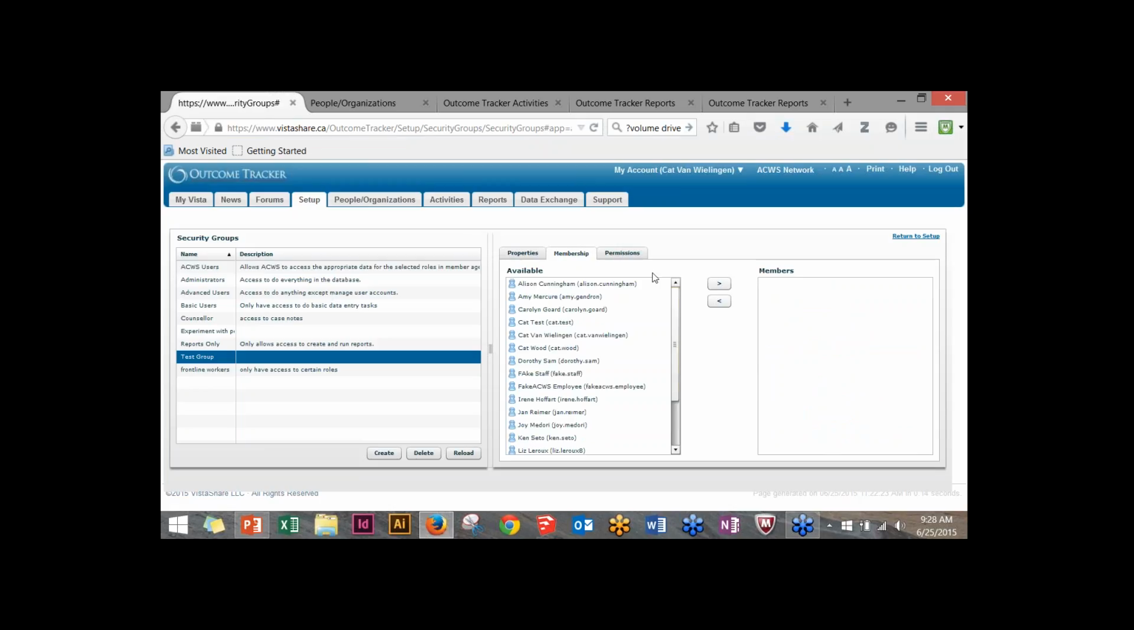Okay, and now we'll work with membership. So at the beginning, when we added our new staff, we had the option to automatically enroll them in a security group, which we did. So we added them to the basic users group. Now, if you have staff that work in your shelter or organization who are moving between programs, someone is